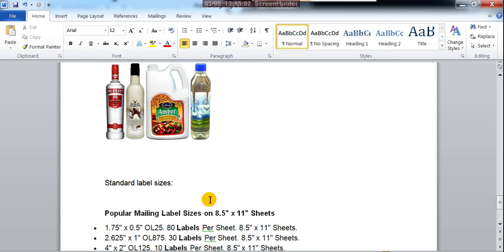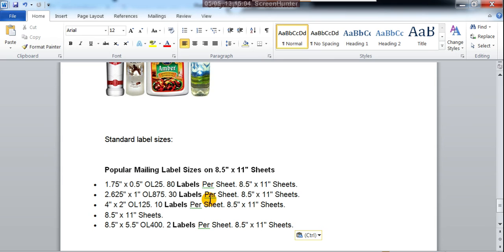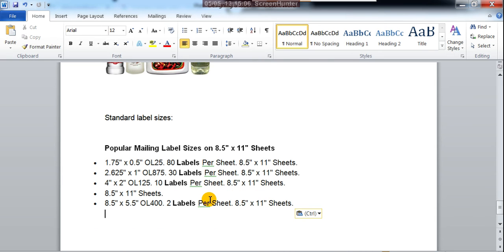Then the standard label sizes. What are the different standard label sizes? The popular mailing label sizes on 8.5 into 11 sheets.